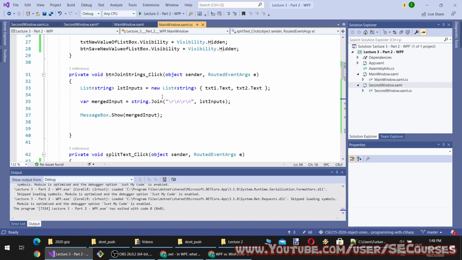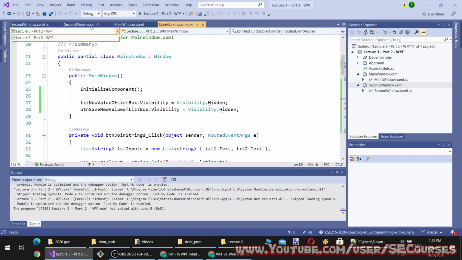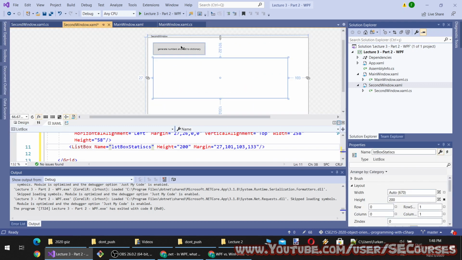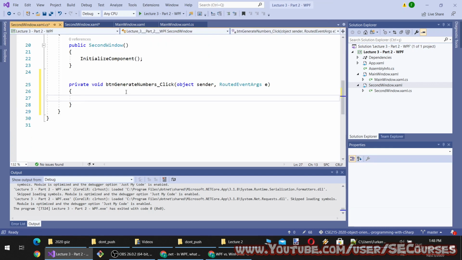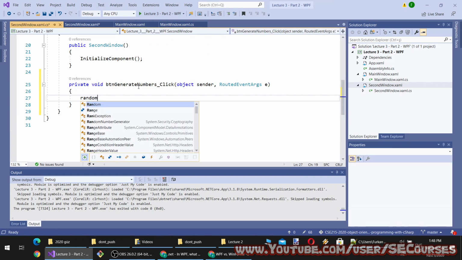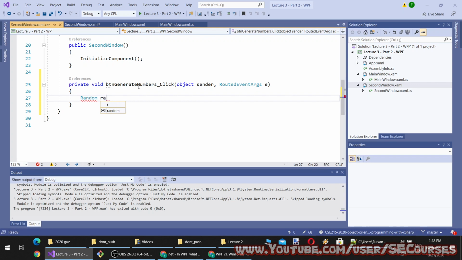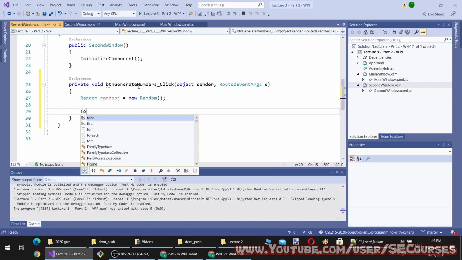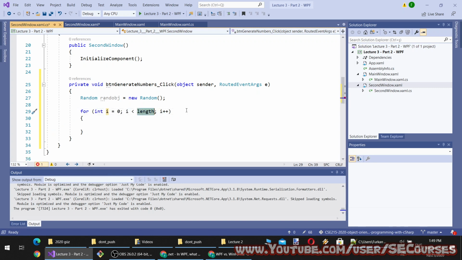Okay. So here I'm going to click event. I'm going to generate my random numbers. So let's compose 1 million random integers.